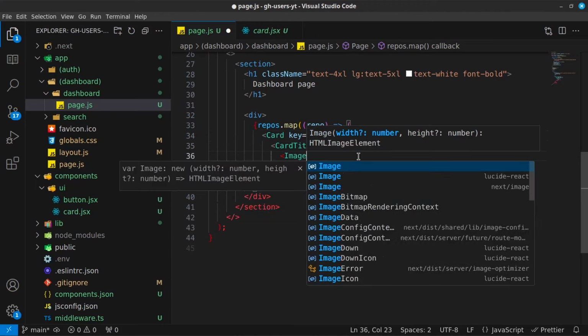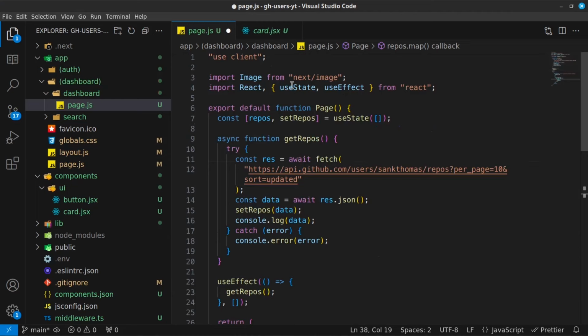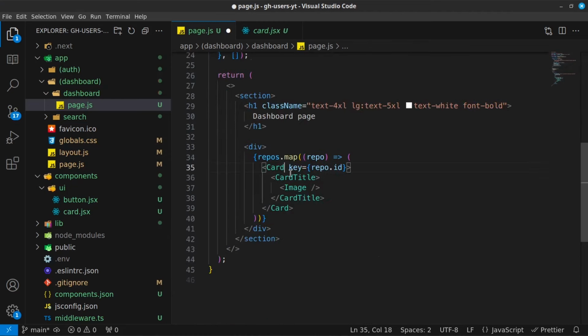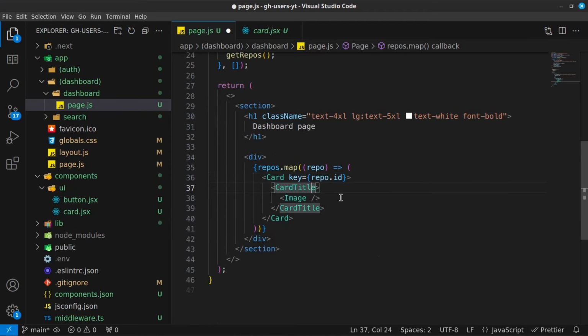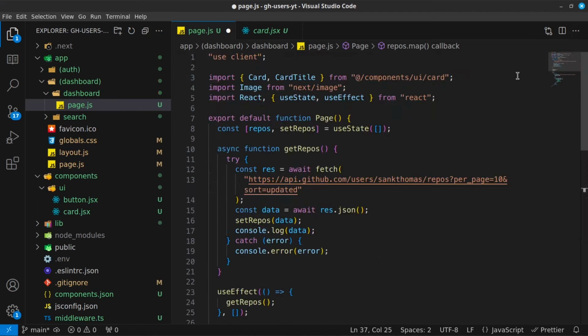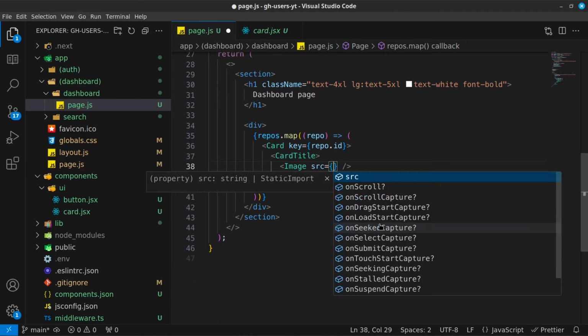So card title is going to have the image from next image. So make sure that you import them on the top, by the way. So image, and I've not imported the card. So right here, just say control spacebar and then import it from components. And then here, control spacebar and import it, and you can see that it's going to be imported on the top. And then once you do that, the image is going to have a source of